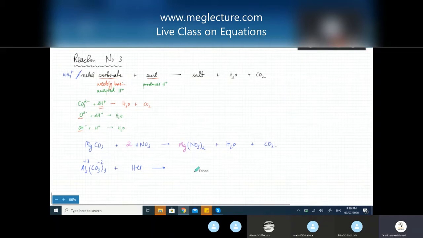The product that's going to be produced is going to be a salt, a water molecule, and a carbon dioxide molecule. So these are going to be produced. Figure out the salt. The salt is going to be, the H will be replaced by the metal. So it would be aluminium and chlorine. Aluminium is +3, group 3. Chlorine is group 7, so it's -1. So the formula would be AlCl3. Get rid of the charges, and that's your equation now.